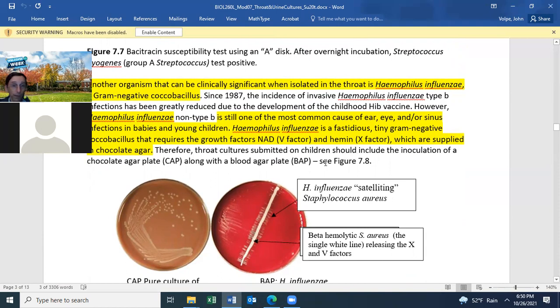It does not grow on blood agar, so you need to grow it on chocolate agar. Chocolate agar is the same as blood agar. It's just that you add the blood when the agar is still very hot, and that lyses the blood. Haemophilus influenzae does not lyse the blood to get the nutrients it needs from red blood cells. But if you provide it with chocolate agar, you can get growth of Haemophilus influenzae on the plate.